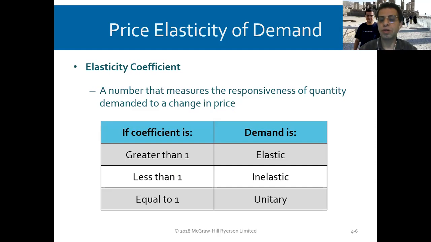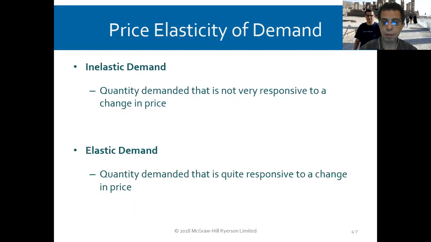And if it's unitary, it's similar. You increase 1 unit in the price, it increases exactly the same proportional quantity or decreases the same proportional quantities. So further to understand what's inelastic demand and elastic demand,